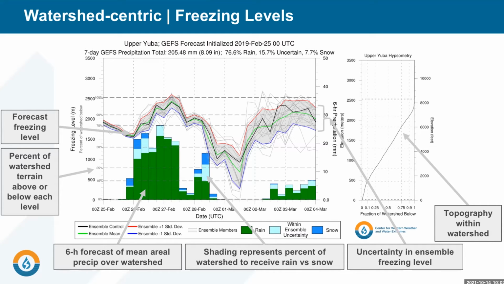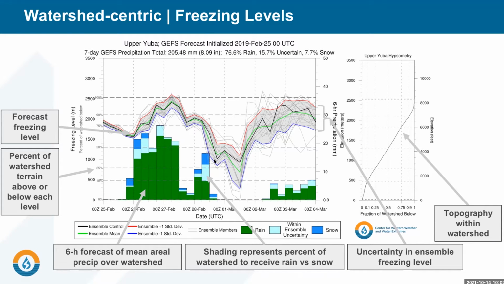This corresponds to a time when the forecasted freezing level is relatively high and near the top of the watershed. So seeing all that green shows that the majority of that precipitation is forecasted to fall as liquid or rain over much of the watershed. If you look a little later in this forecast, say midday on the 28th of February, the freezing level is forecasted to drop